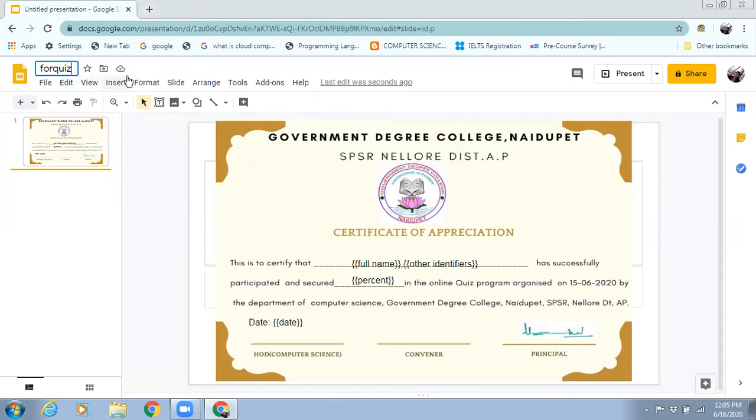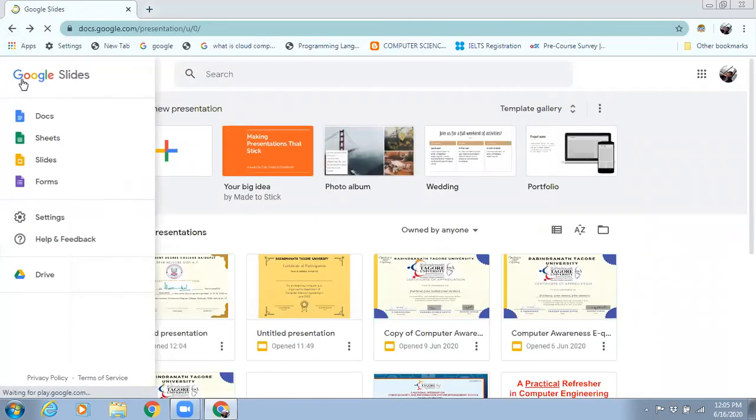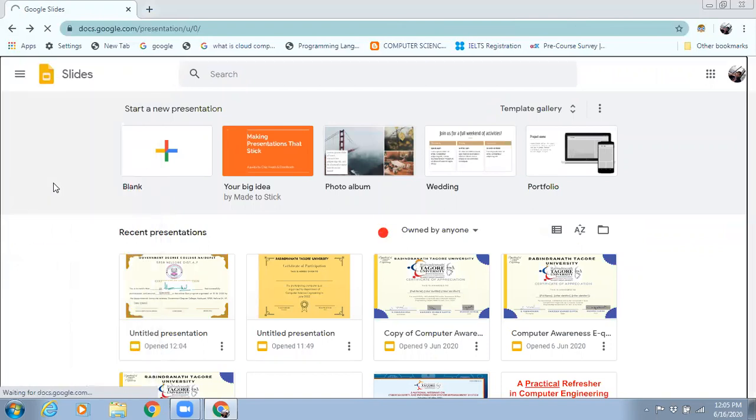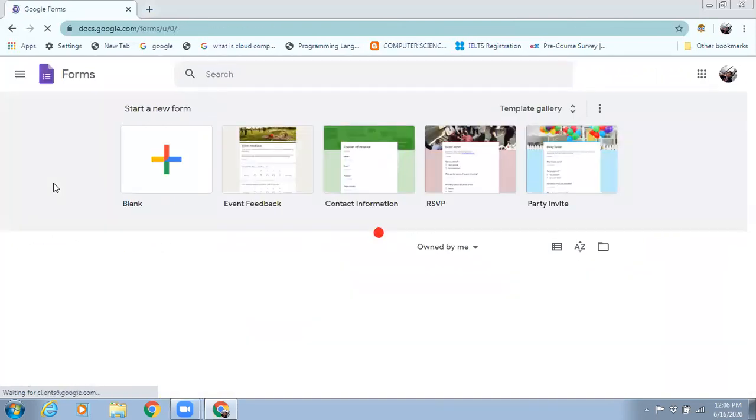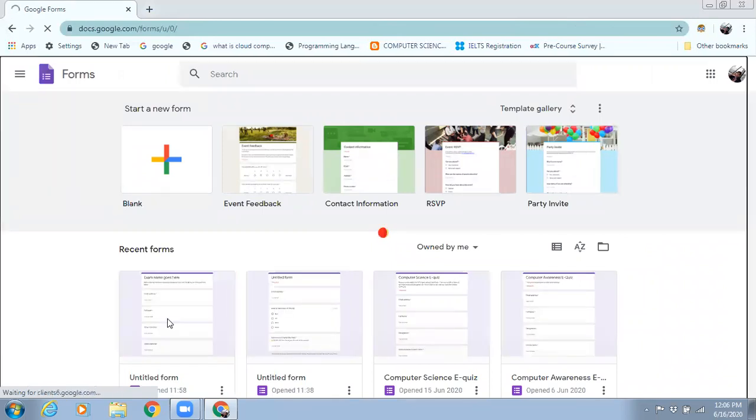Okay, so just by clicking this arrow button, we will go to the forms. This is the form.